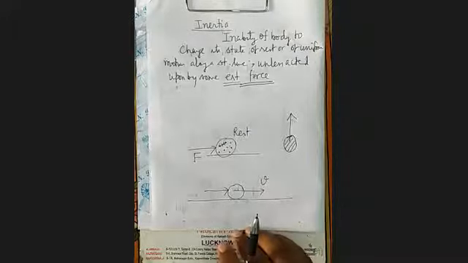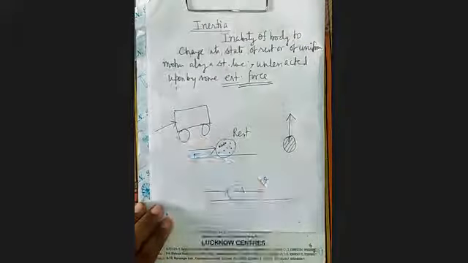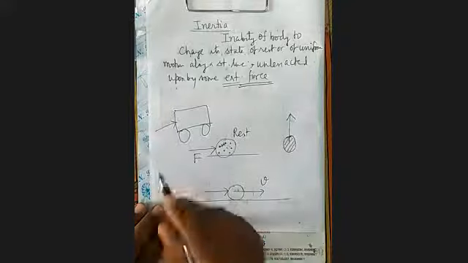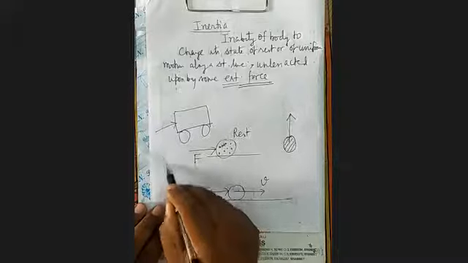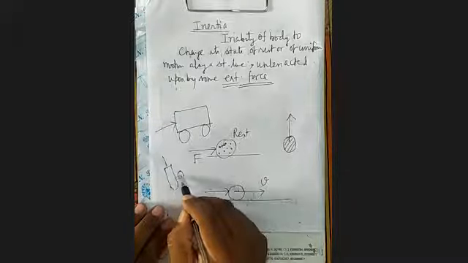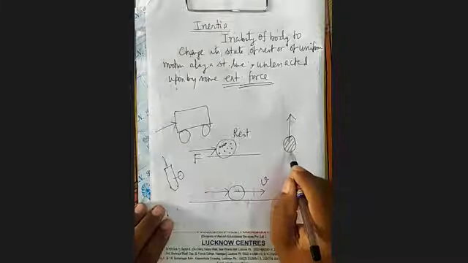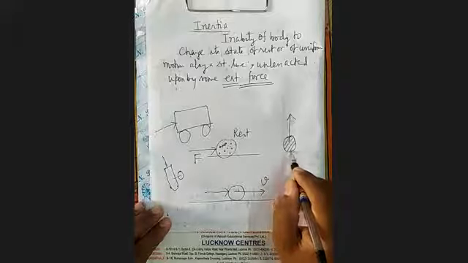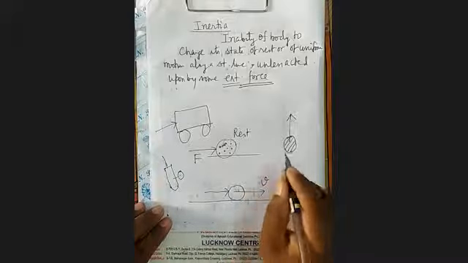Actually, it is not so. One force is acting, but that force is not a visible force. वो फोर्स हमको दिखाई नहीं दे रहा है. जैसे हम कार को धक्का लगाएं तो हमको लगता है कि हम फोर्स लगा रहे हैं. बैट से हम क्रिकेट की बॉल को हिट करें तो वहां पर हमको पता चल रहा है कि हम फोर्स लगा रहे हैं. But when this cricket ball is rolling over the ground, actually no visible force is acting.